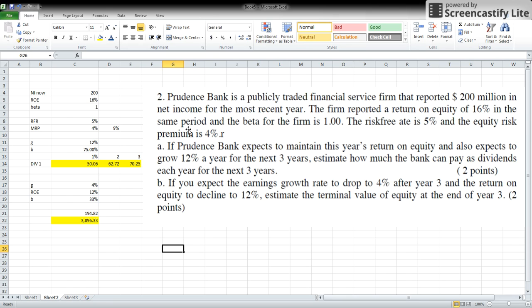That we will proceed with like this. So we are given net income of 200 million, ROE of this, beta this. So cost of equity is simply 9%, growth is 12. So in order to grow at 12% with an ROE of 16%, you would need to invest 75% of your net income, right? So you can then pay out 25%, right? So while net income of $200 million is at time zero, while you're required to calculate FCFE for year one, two, and three,